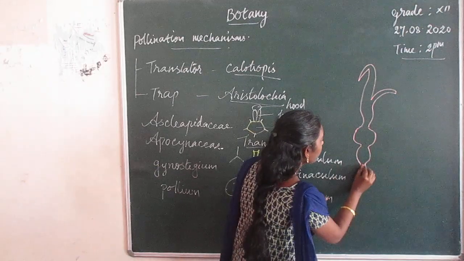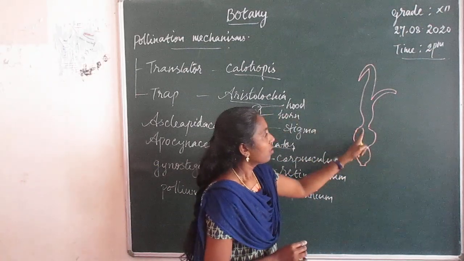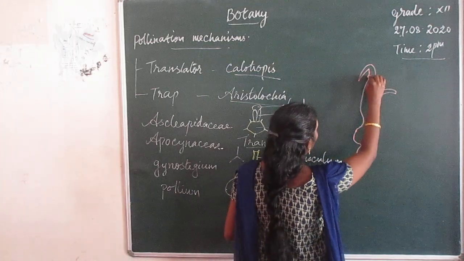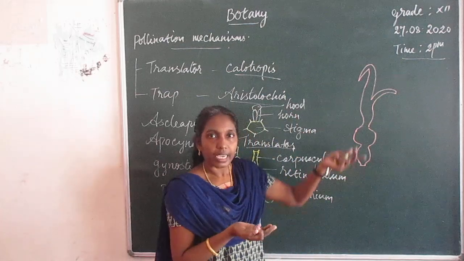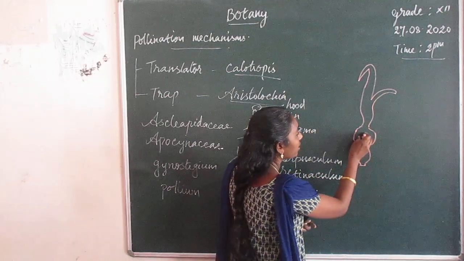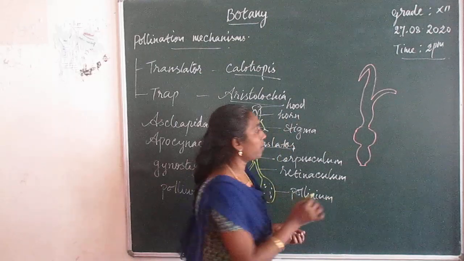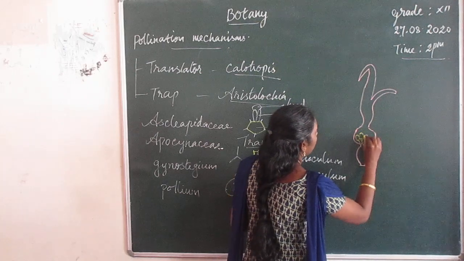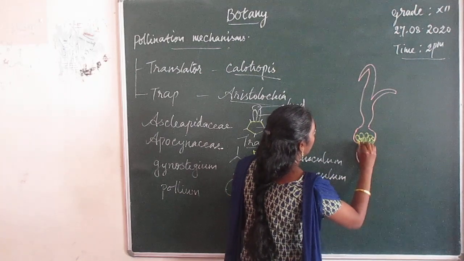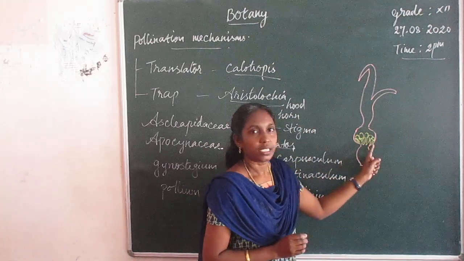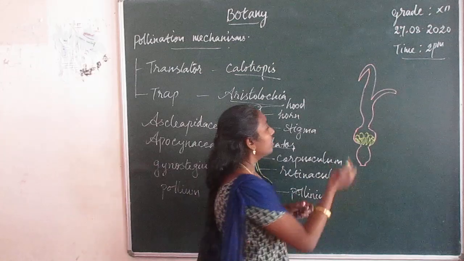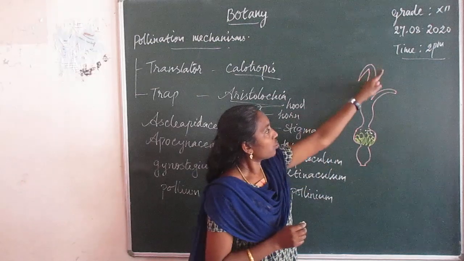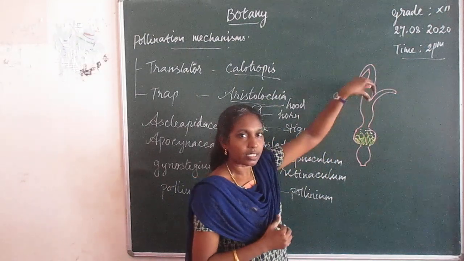This is the flower Aristolochia. The flower consists of a tubular perianth. This perianth in the young flower is erect, and in the basal region there are 6 stamens found. Six stamens are present in the basal part of it. The insects come and enter through this tubular perianth.